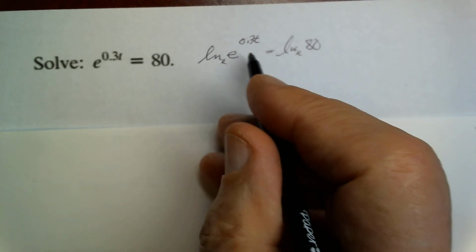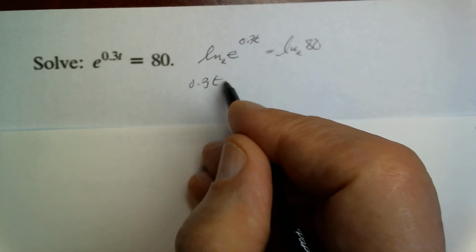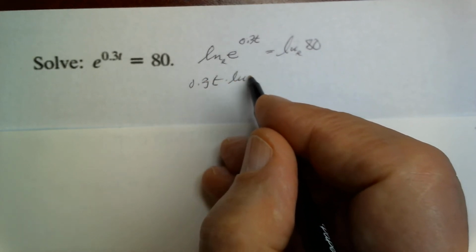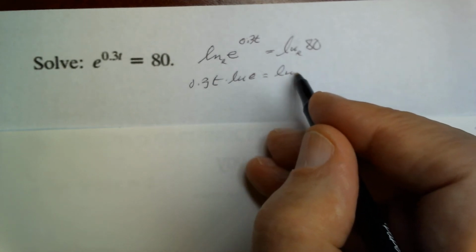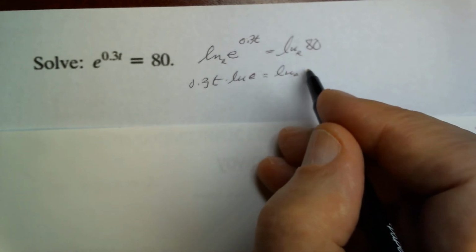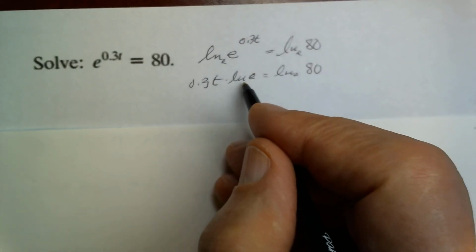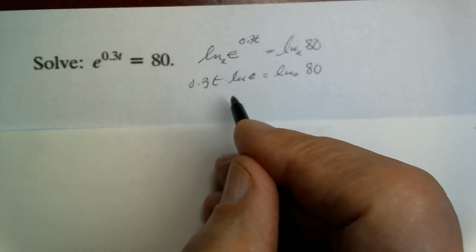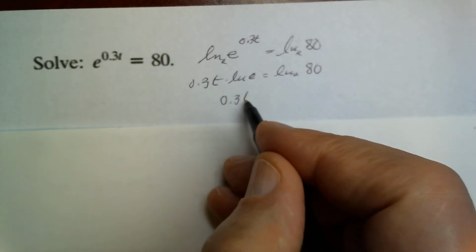And so that means 0.3t times ln of e equals ln base e of 80, but the natural log of e is equal to 1, so we have 0.3t